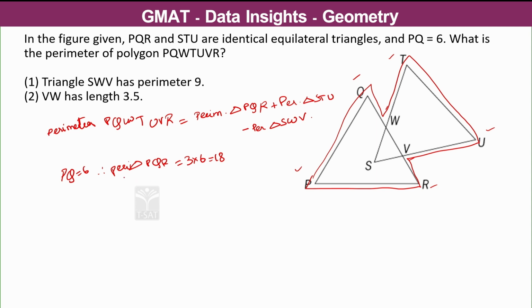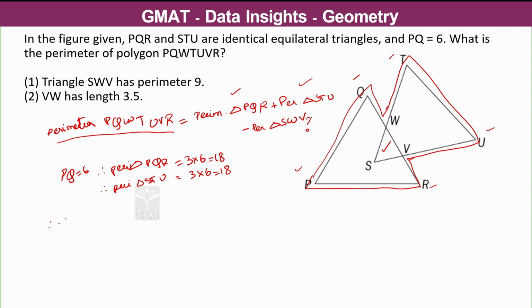The perimeter of triangle STU is also equal to 3 into 6 because it is an identical equilateral triangle, that is 18. Now, to calculate the perimeter of PQWTUVR, we know the perimeter of PQR and the perimeter of STU, but what we do not know is the perimeter of this triangle